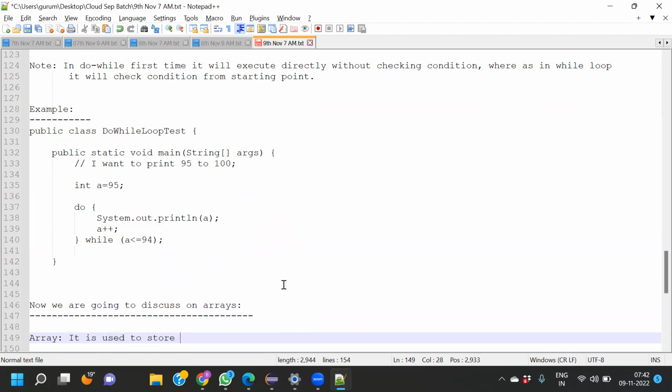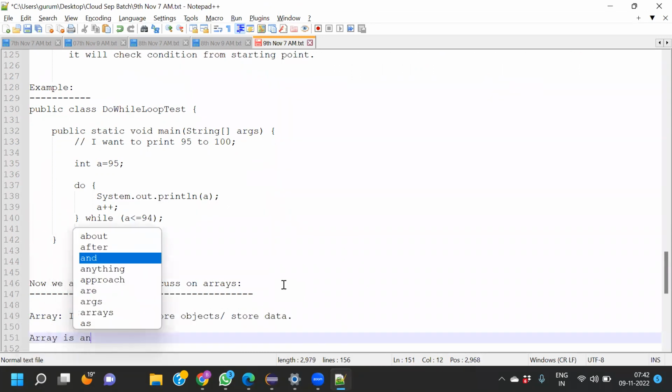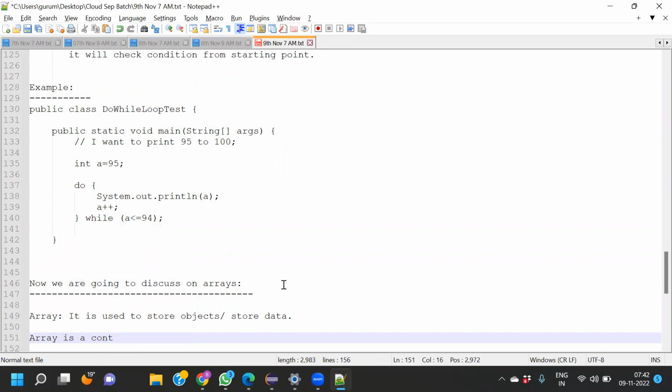Store objects means store data. I can give another definition: array is a container which is used to store objects, and it allows